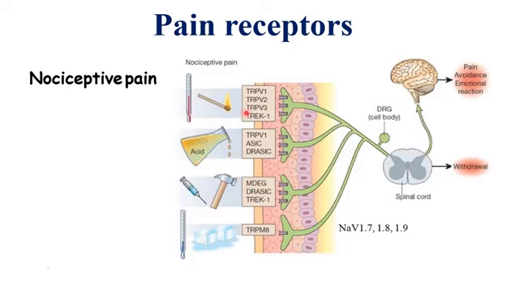So all these are different types of receptors that could be activated due to these different types of stimuli. Activation of these receptors will initiate the action potential in the high threshold neurons, usually the C fibers, to the dorsal horn, where the action potential could be transmitted to the upper central nervous system, where the pain, emotional reaction, or the modulation could